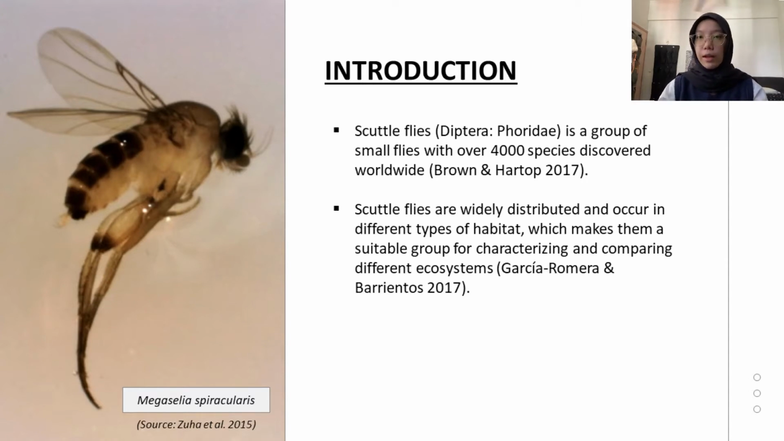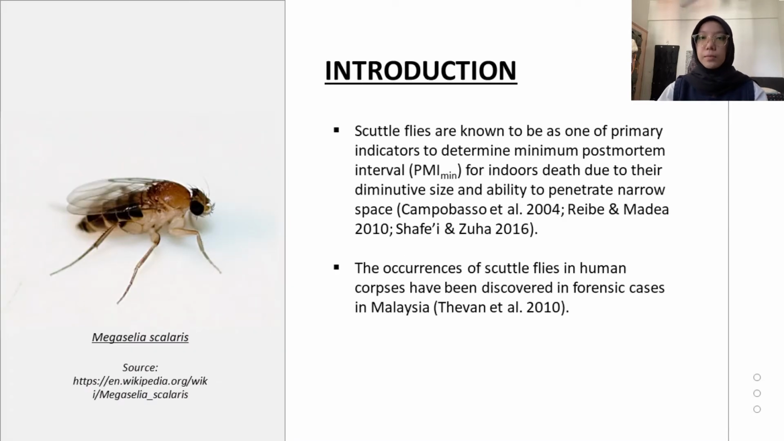It comes from a group of small flies, belongs to the family Phoridae, with over 400 species discovered worldwide. Scuttleflies are widely distributed and occur in different types of habitat, which makes them a suitable group for characterizing and comparing different ecosystems, including the environment in forensic cases. Another example is the cosmopolitan Megaselia scalaris, which can be found almost all parts of the world except the North